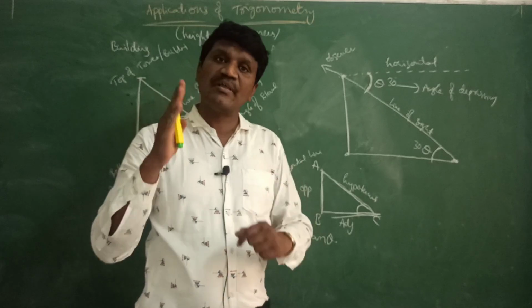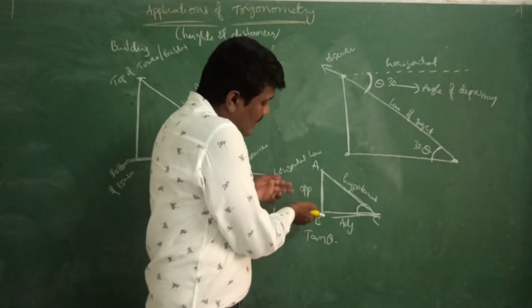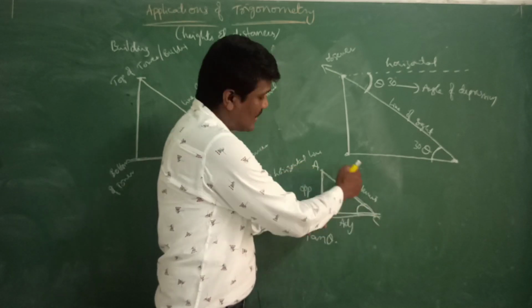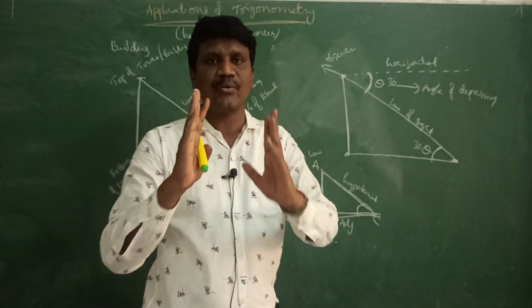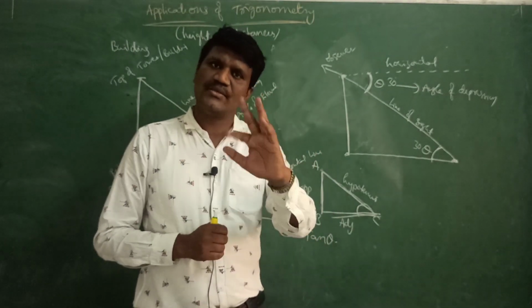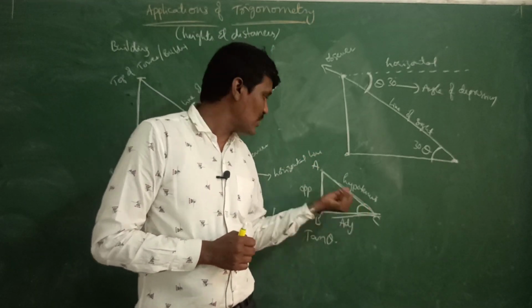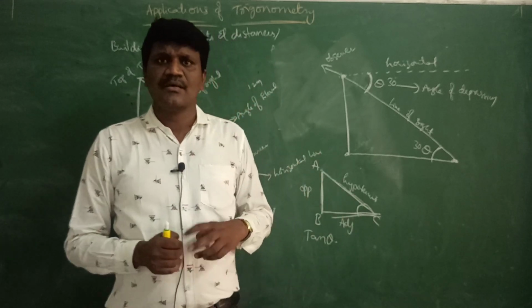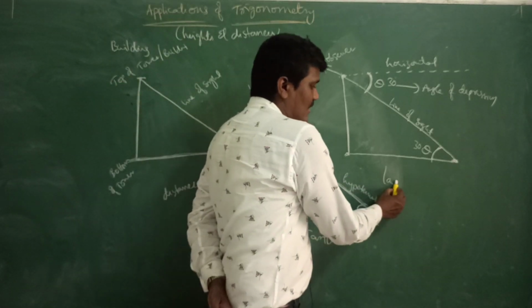So you need to remember the ratios, by which ratio we are getting the answer. Here they'll give height and they'll ask the distance, or they give distance and ask height. In both cases you can use tan only. If theta is 30 degrees, use the tan 30 formula, AB by AC, opposite side by adjacent sides.